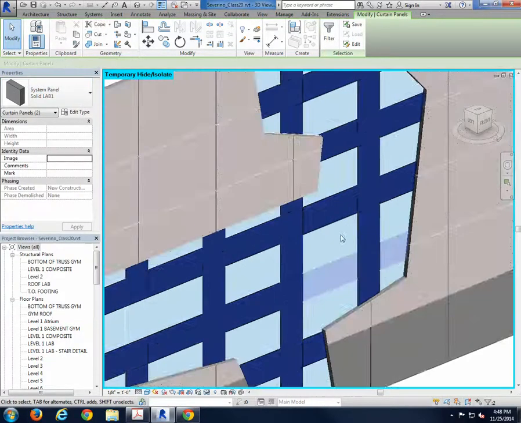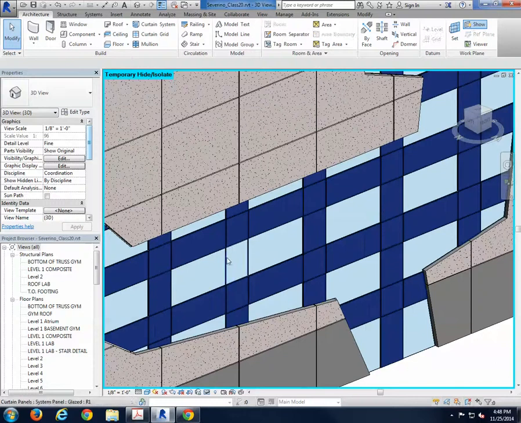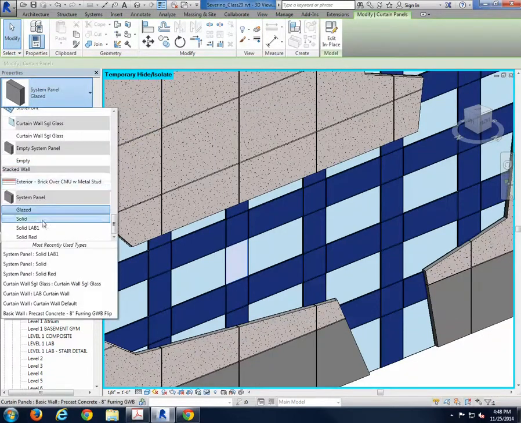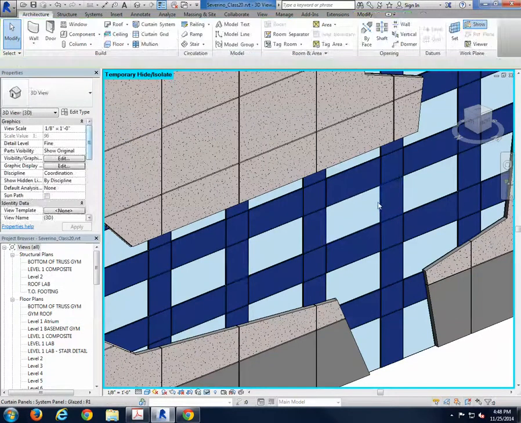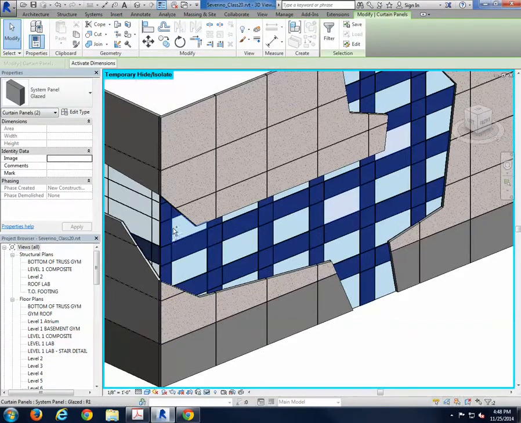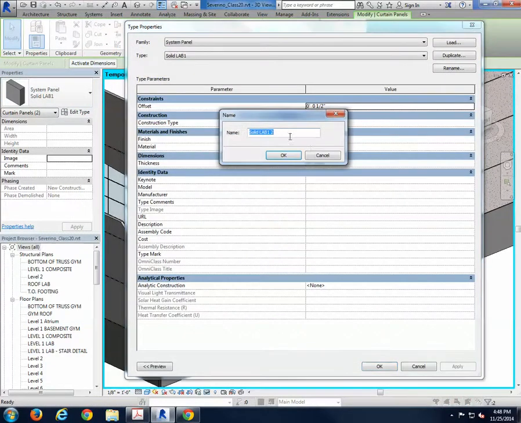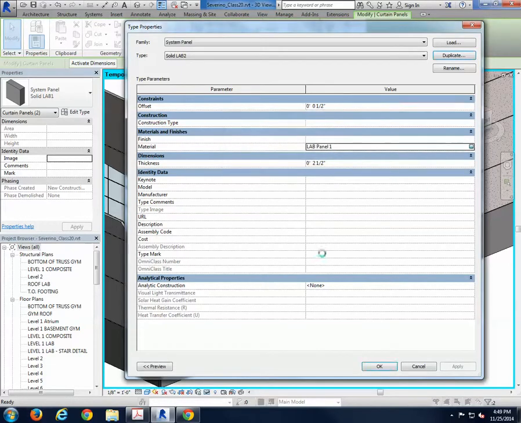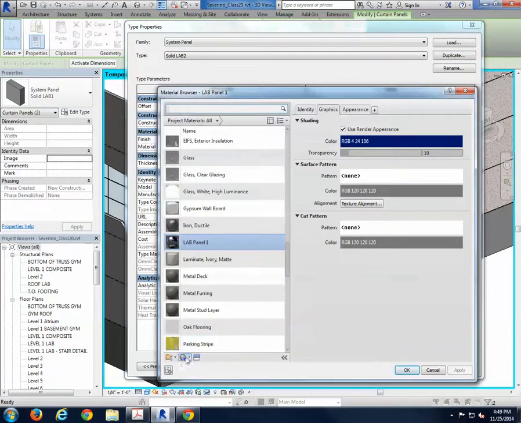Now what I was thinking is you could place another series of mullions and grids and change some of the colors so it's a little more lively. For example, these two, and another one here, I don't know, this one. Could be that you edit the type, you duplicate it, and you just have it as lab 2. And in the materials you create another one, and you call it